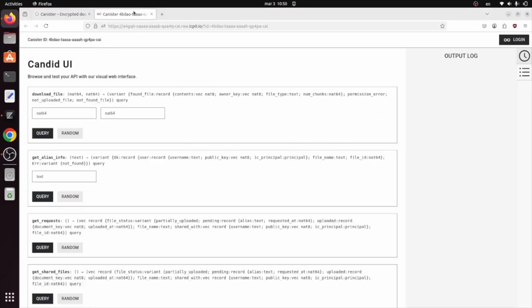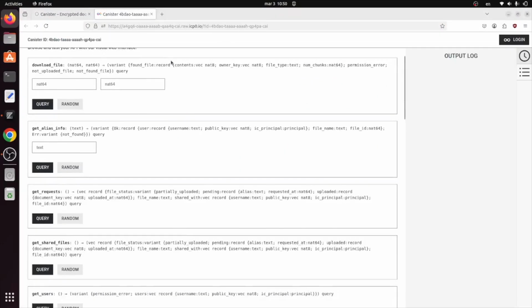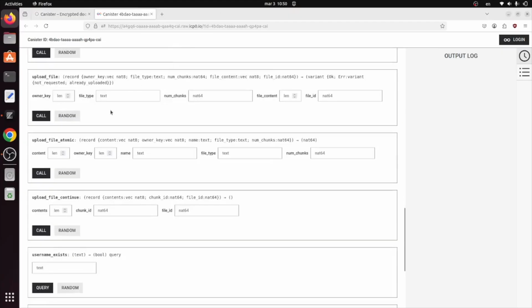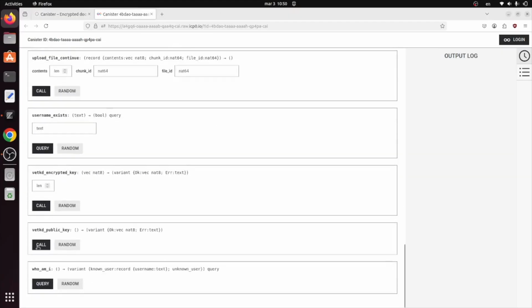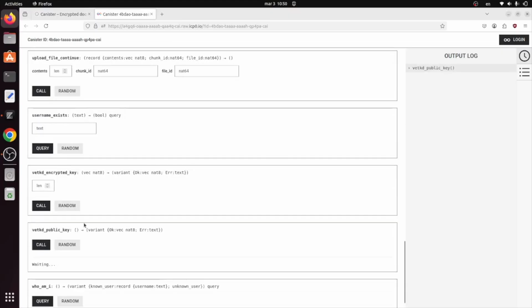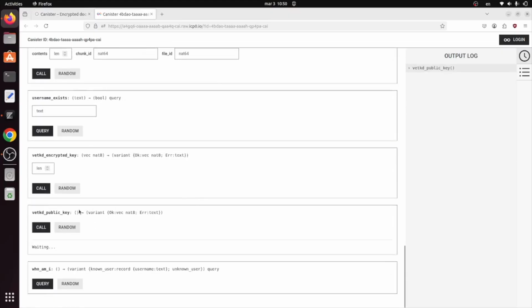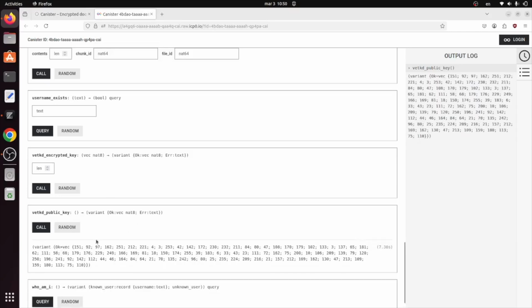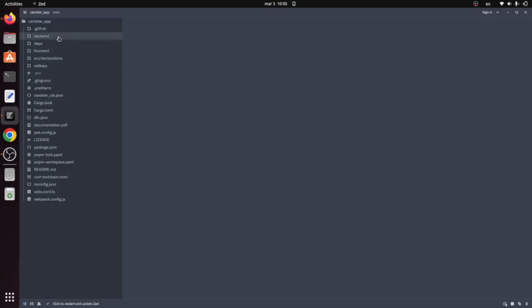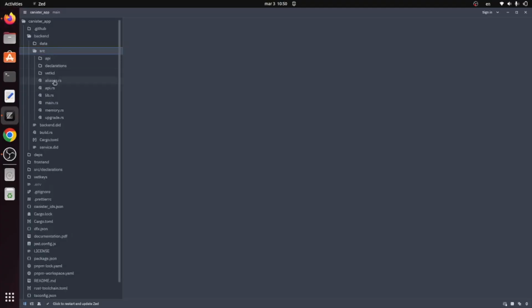So this is the private browser. So this is the Candid interface. There's a bunch of methods here. So this is the vetKD public key. So we can just call it. I can just show you, in a nice visual interface, the public key derivation. So as you can see, it's a vector. Okay, amazing. So in the code, this would correspond to